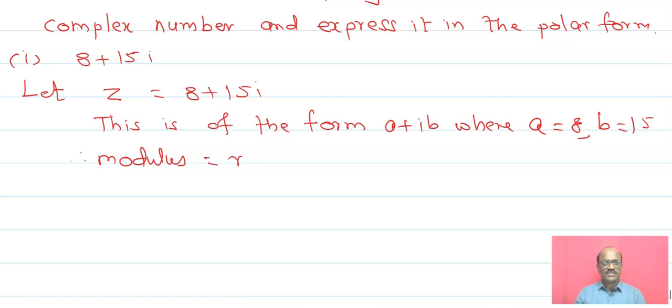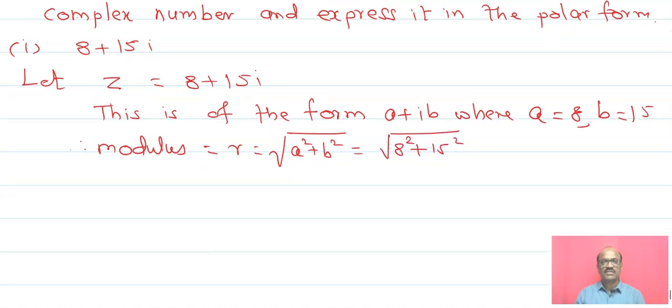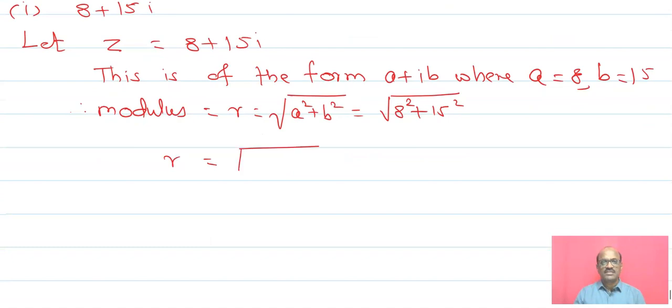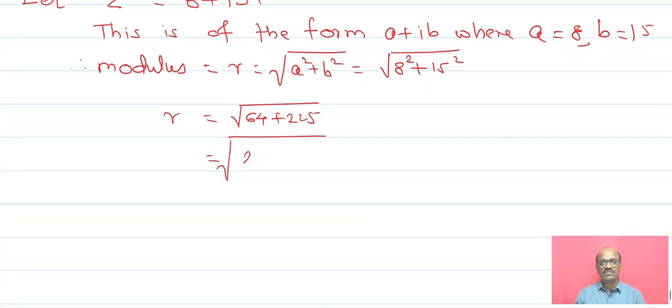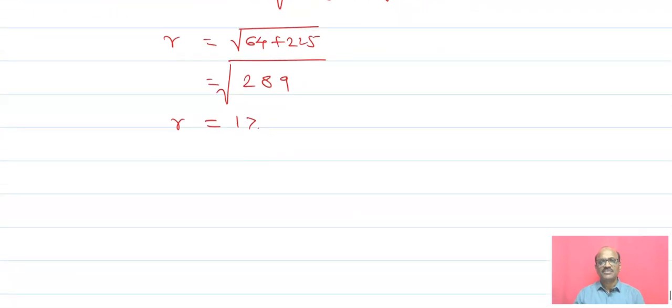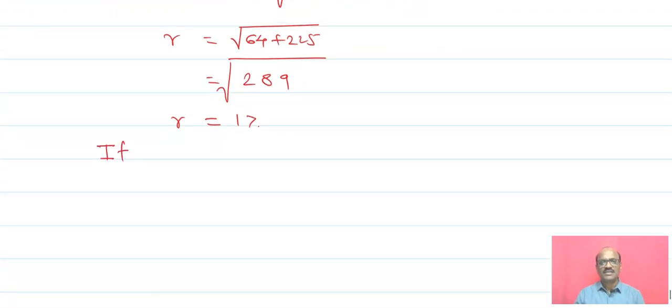Its modulus, that is mod of z, that is r, is equal to root of a square plus b square, that is root of 64 plus 15 square, that is root of 64 plus 225, that is root of 289, therefore r is equal to 17. If theta is the amplitude,